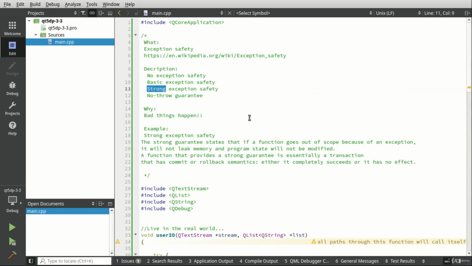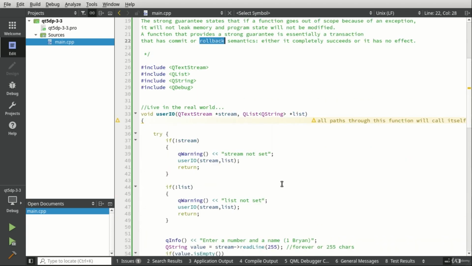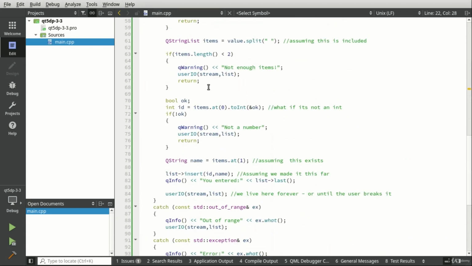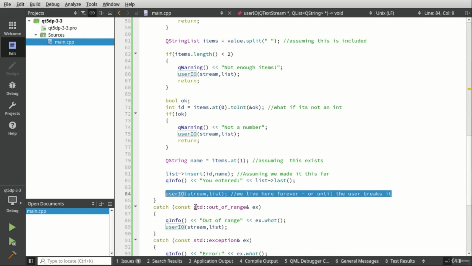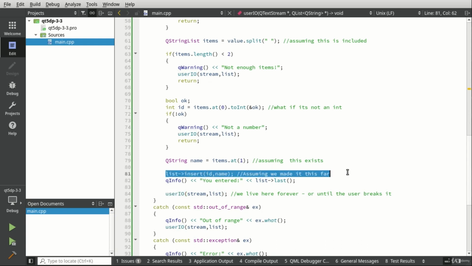Now really, if you want to do the letter of the law, like if this is written in stone, really we should try to implement some sort of commit or rollback, meaning we get to this point, where are we? We get to this point and we make a decision. Do we want to commit this? At this point, committing would be inserting into our list, or do we want to stop and roll back? And it's actually somewhat simple to do. We could say something like,